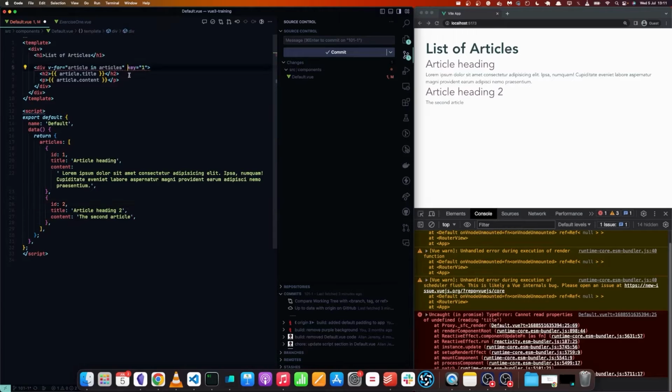So how do we get this key to have this value of ID? If we just wrote article.id here, that's not going to work. Instead, we need to use a directive called v-bind, and we will say v-bind, and then add a colon, and then key. So it's going to be v-bind, and then the attribute that you want to bind a dynamic value to. So when we say v-bind:key, that's going to allow us to enter any JavaScript expression here,